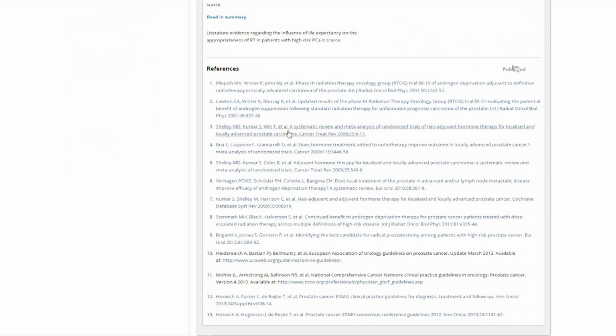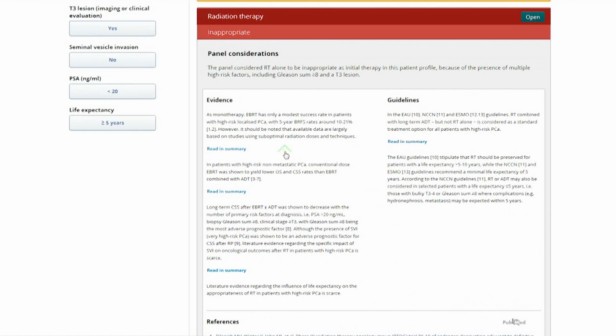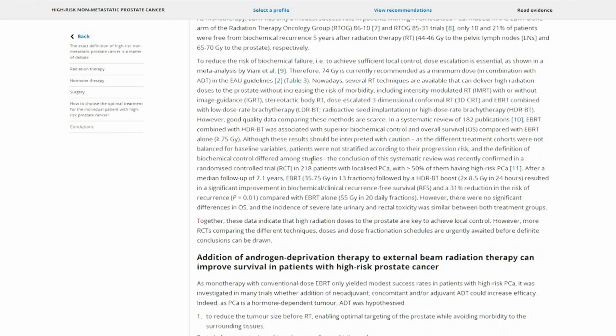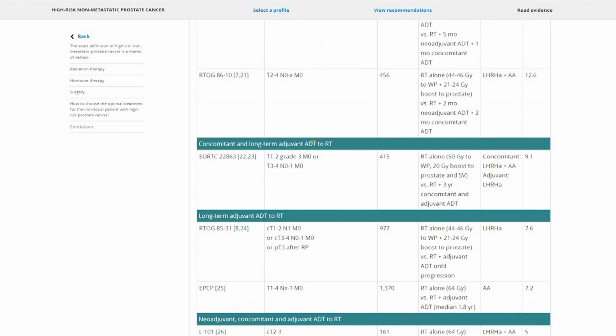If you want to consult even more related information, just click on the link Read in Summary. This will take you to the Summary of Science for Practice, an ebook that not only synthesizes the available evidence from clinical studies, but also describes the broader context of treatment choice in high-risk patients. Every link to the summary will bring you directly to that section that is related to your specific treatment choice. You can then scroll through the complete chapter and return to the model and your profile by clicking the back button or View Recommendations link at the top.